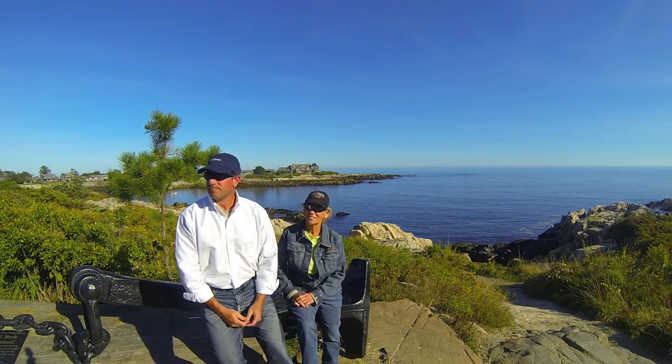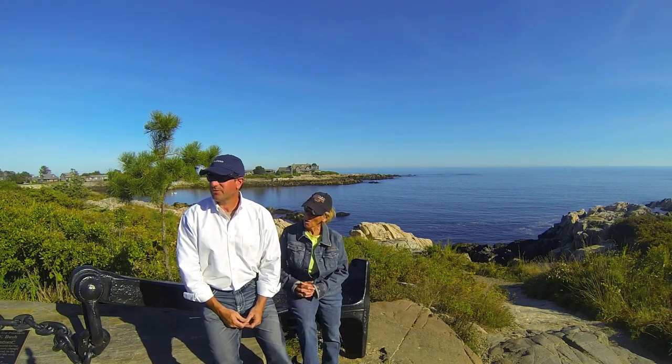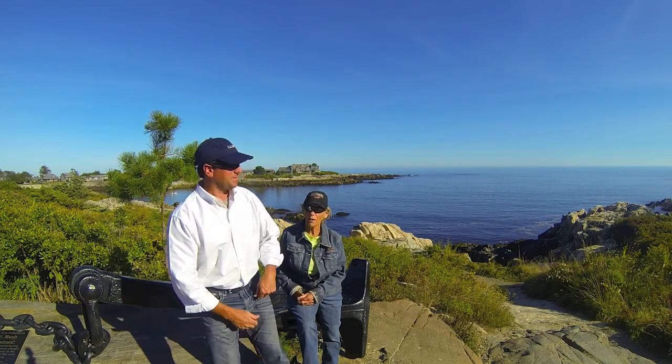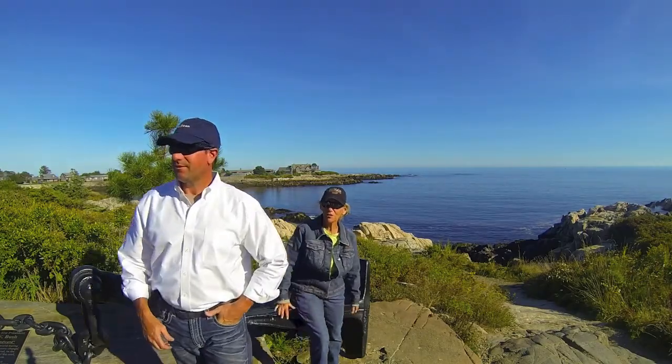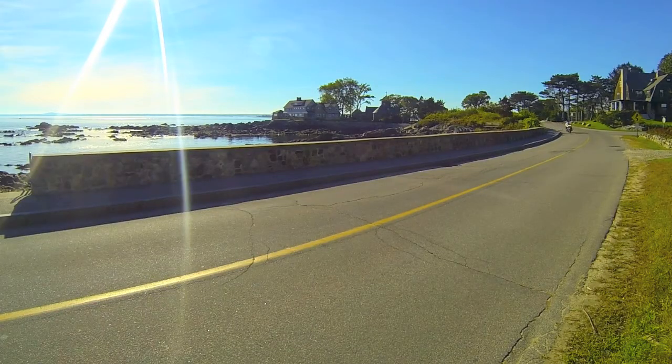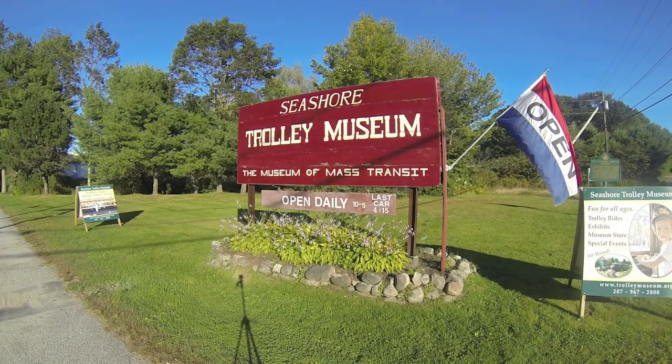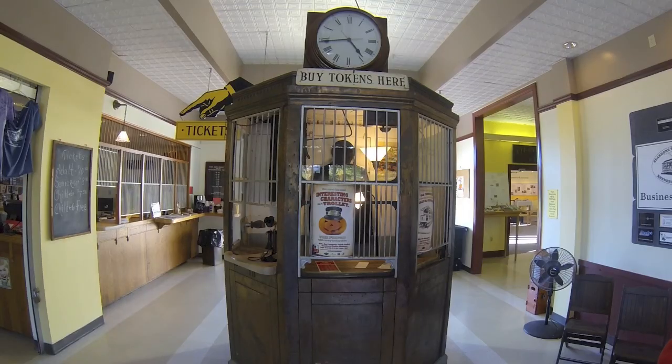This is our 15th year in that house. Oh my gosh, you've got quite the view then. Yeah. Wow. For how many years? 15. Well, the Bushes never invited Mom and I in, so we decided to get back on the road and do some sightseeing. Now, while Mom and I were lost, I mean sightseeing, we actually came across the Seashore